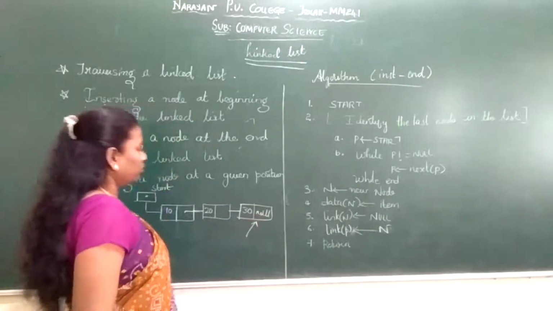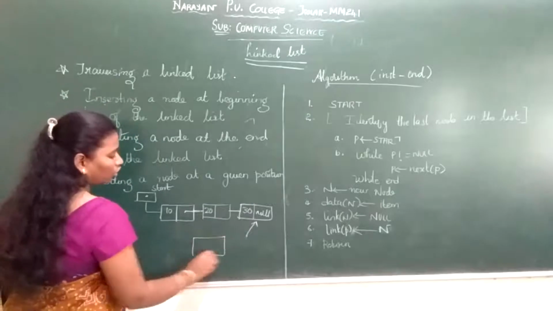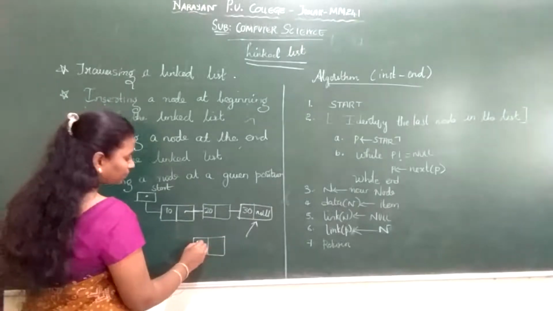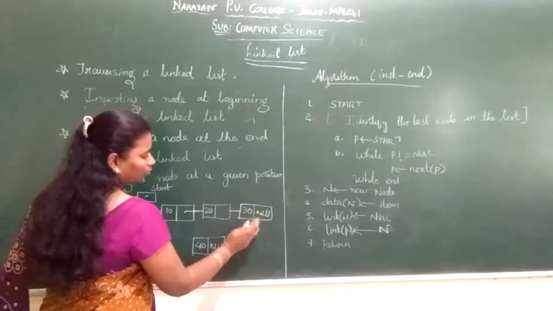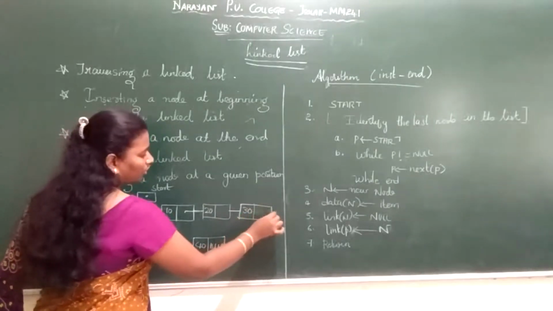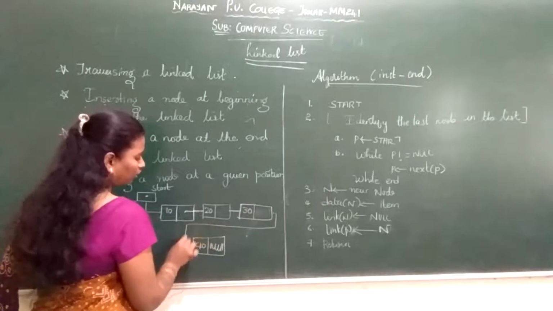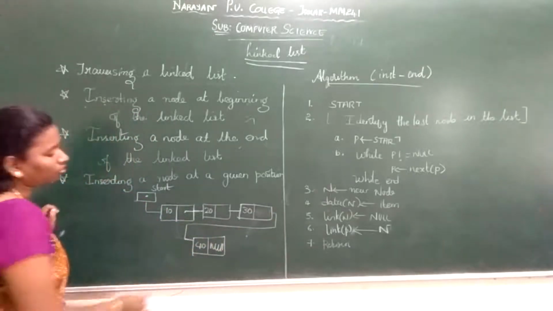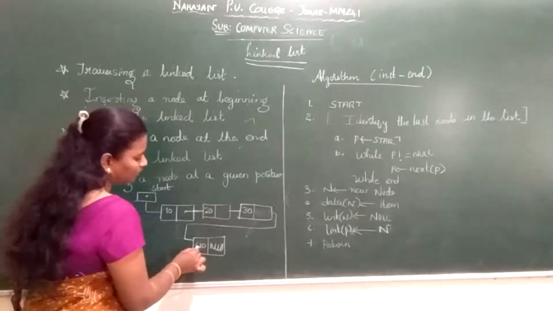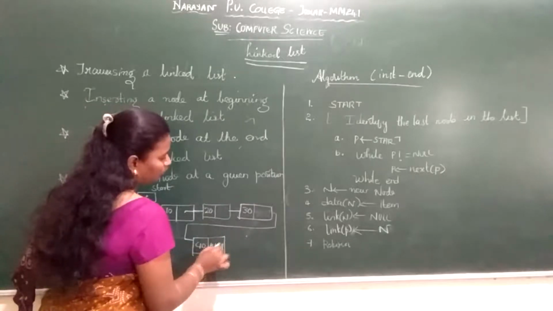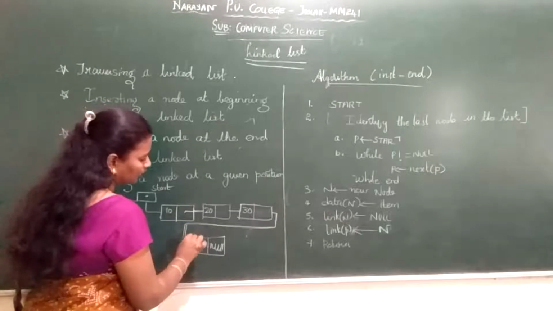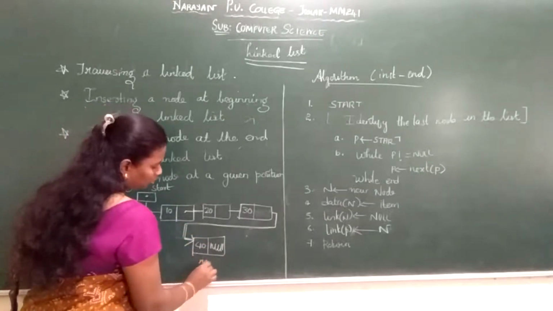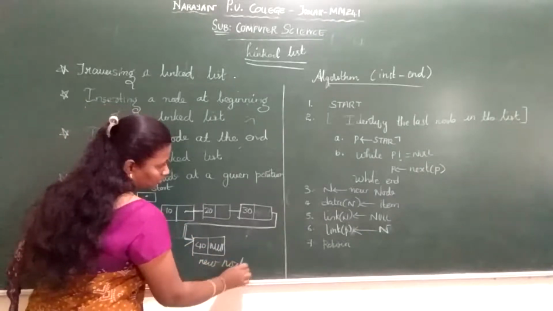So what will I do? I'll take a new node. To the new node, I'll add 40, and this I'll point to null, and this link I'll remove. This is not null. So what I'll do? I'll just give this link to the new node. Now in my new node, I have inserted the element as well as made it null, but the last node which I identified, I just linked that to the new node. Okay, this is your new node.